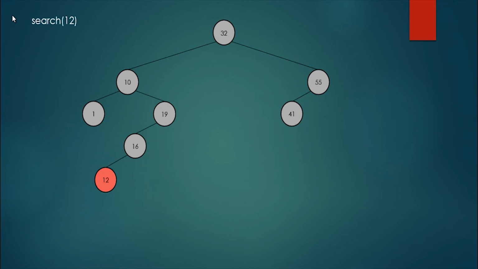And why is it good? Because with the help of the splaying, this 12 node will become the root node, and whenever we want to find the 12 again, it is not going to take logarithmic time complexity, it is going to take constant time complexity, which is very fast. And that's why caches and very fast databases, for example, rely heavily on not a binary search tree, but on